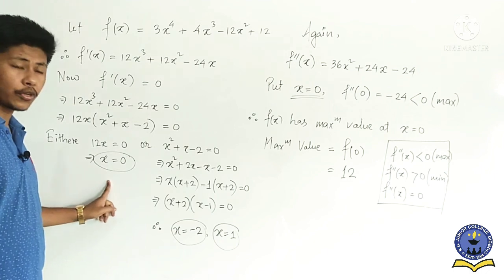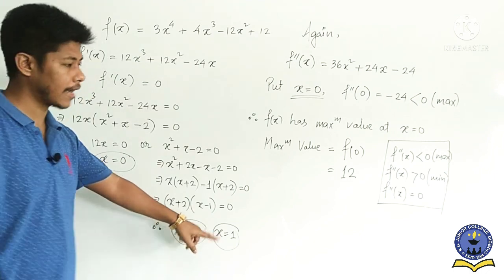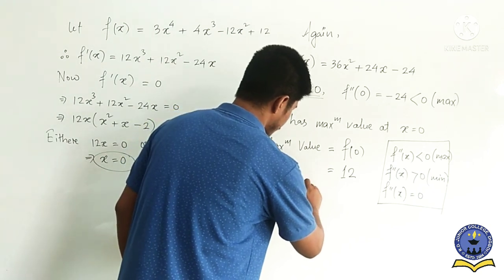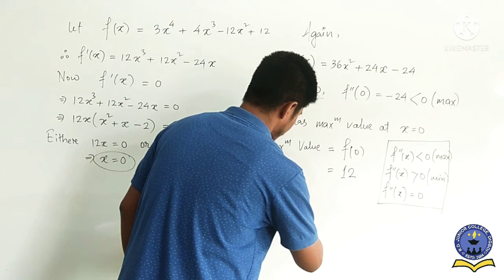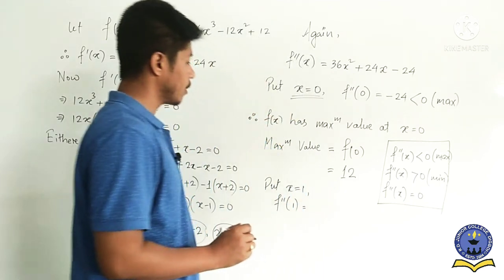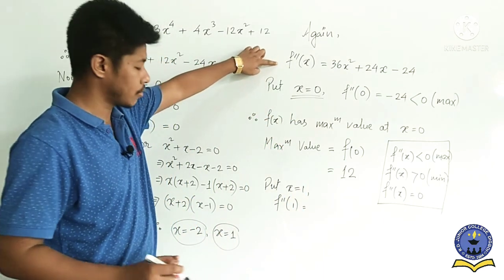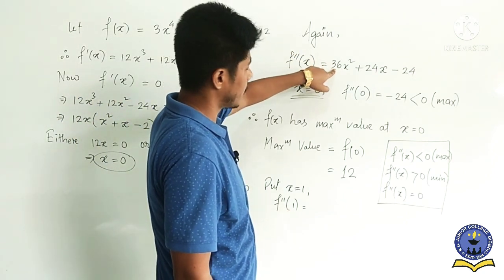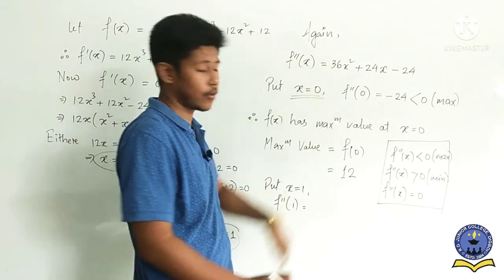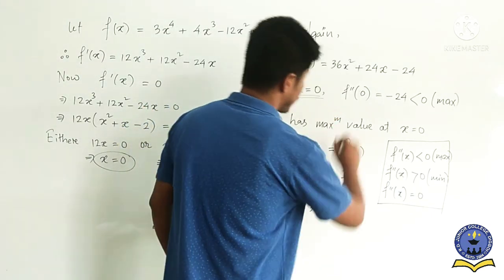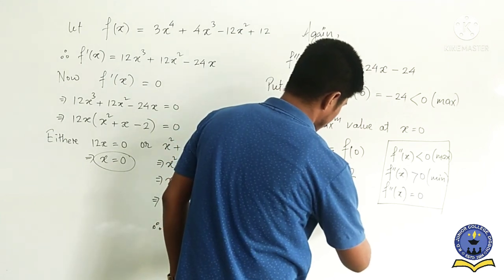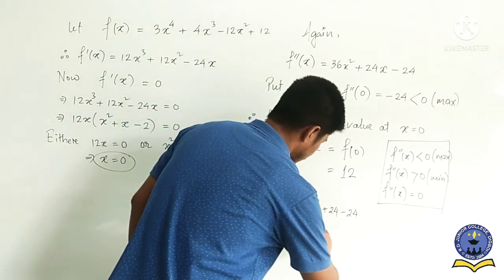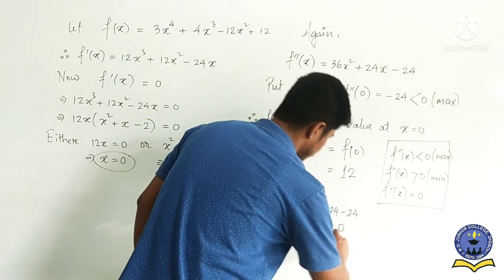So another two critical points remain here. So the second one is x equal to 1. So in case of the second one, if you put x equals to 1, then f double dash of 1 here we write, isn't it? So second derivative is which one? This one. So in place of x in the second derivative, now we have to put 1. So if we put 1 here, 36 into 1 square, ultimately here 36. That means here plus 24 into 1, that means 24, and here it is minus 24. Ultimately 24 cancel, here remain 36. 36 is greater than 0.